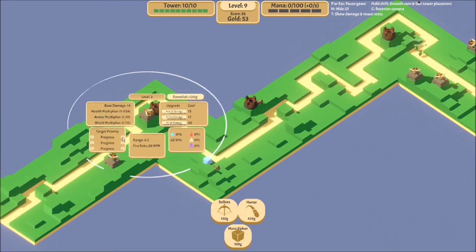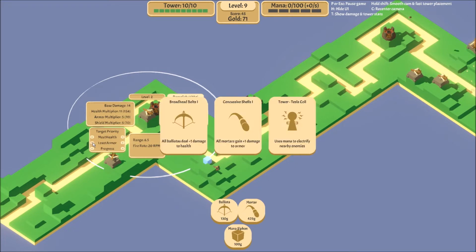Okay, let's get... Actually, you know what? You should probably go most health. I think there's like a least armor. Least shield? Least armor. Okay. All ballistas deal...